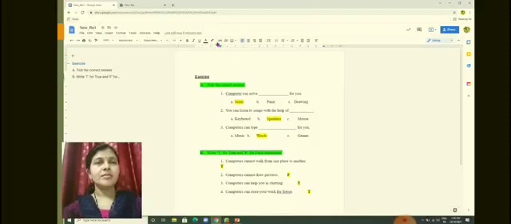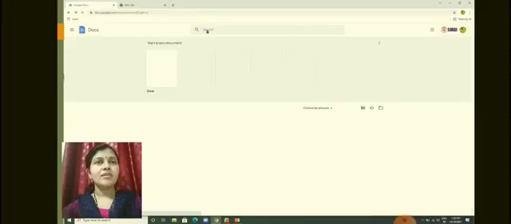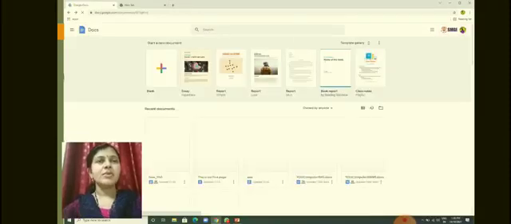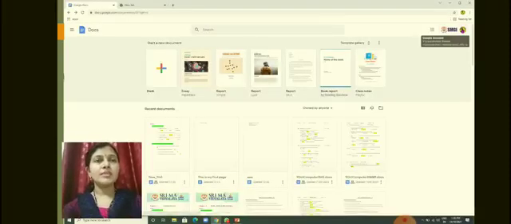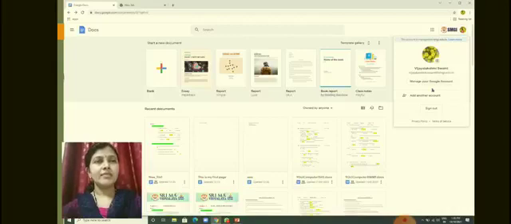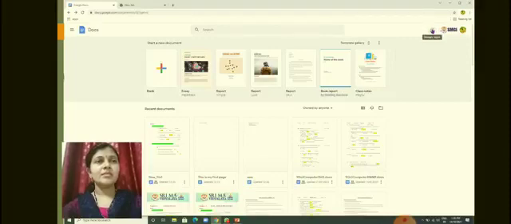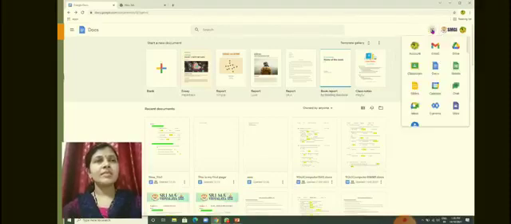Now I want to close this and come out of this, and I will show you how to open my Google Drive. I will close this. Click on the 9 dots. When you click on this, you will see the drive symbol.